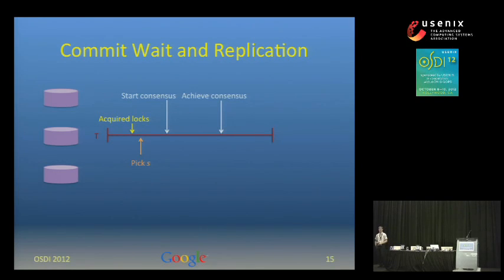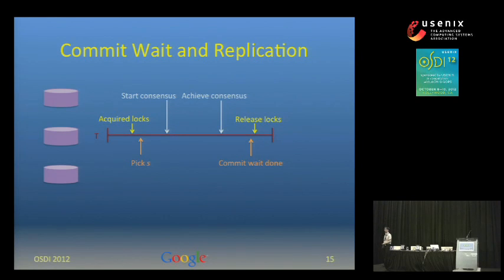And then we achieve consensus on the right. And then we check commit wait is done. And after that, we release locks. I've drawn the picture so that commit wait looks larger than consensus costs. But remember, we allow clients to replicate their data across the country or across the globe. So 100 millisecond latency to actually achieve consensus is going to far dominate the cost of commit wait in the